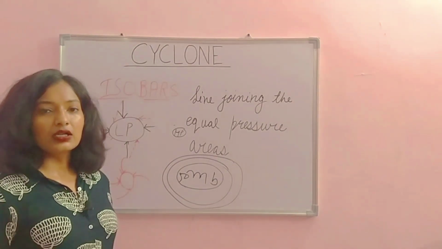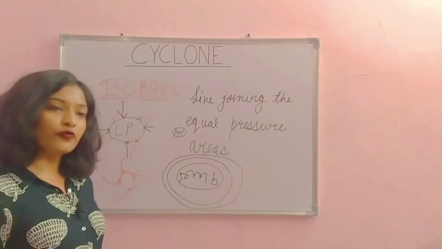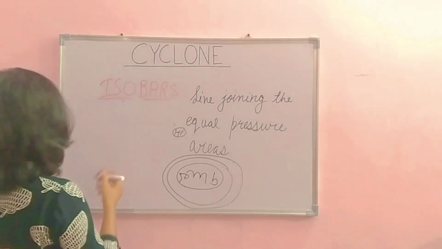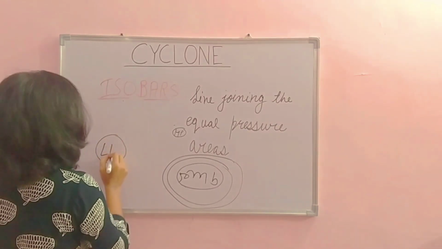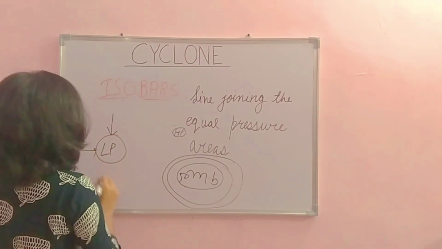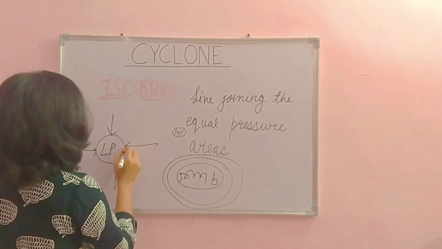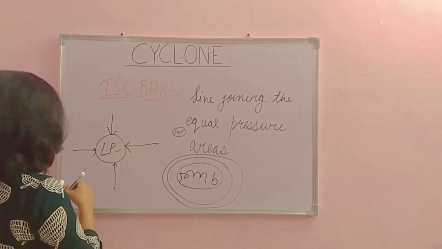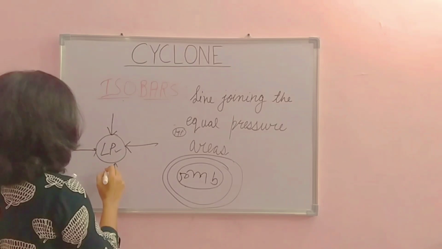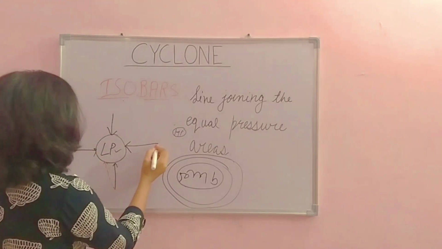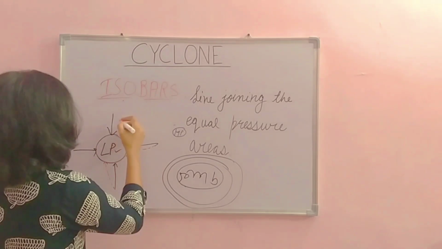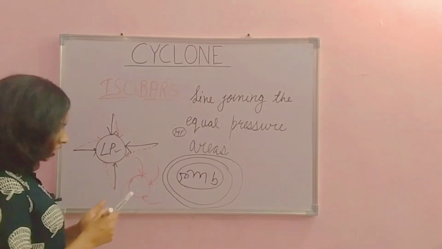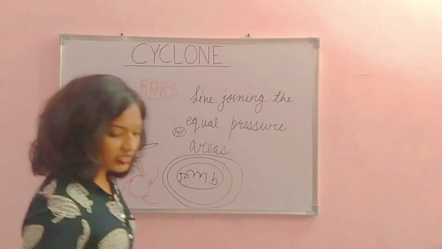In the southern hemisphere, the direction of the cyclonic winds will reverse. So let's understand what direction will be followed in the southern hemisphere. In the southern hemisphere, when it is low pressure here, again the winds are moving from high pressure to low pressure areas towards the trough. So in the southern hemisphere, the wind will deflect to its left. That means the wind will deflect towards this direction. So the final direction of the winds will look like this in the southern hemisphere.